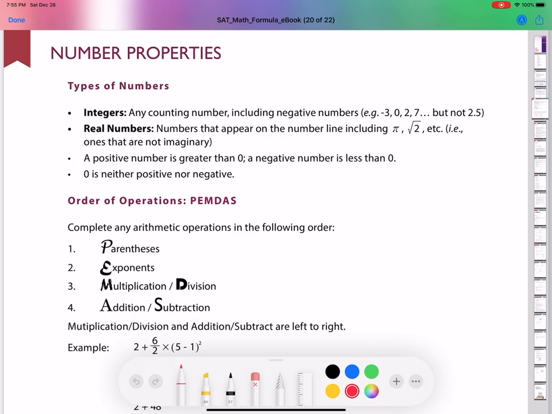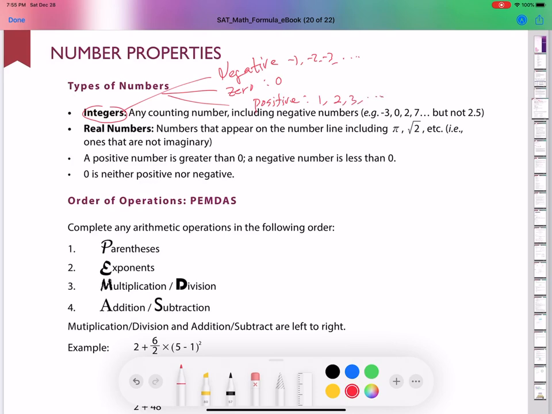Let's start. The first chapter is about number properties. Type of numbers. What is integer numbers? Integer number is any counting numbers, including negative numbers, zero, and positive numbers. So negative integers, and zero, and positive integers. Negative 1, negative 2, negative 3, all these negative counting numbers, and 0, and positive 1, positive 2, positive 3,